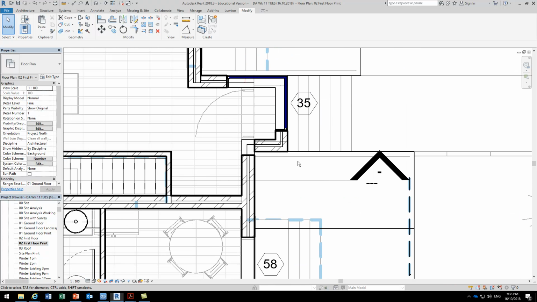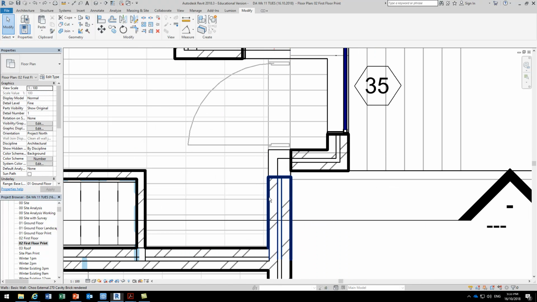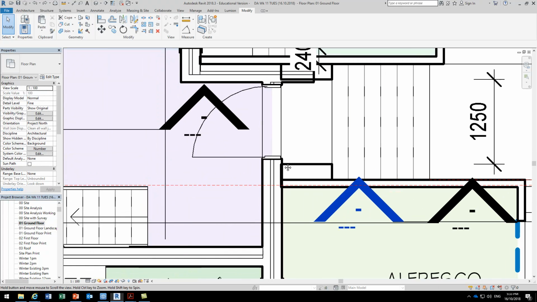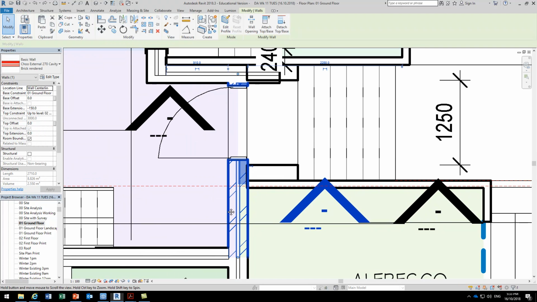Okay, so I just want to go over an issue, or a way of resolving this issue, that we've got with these walls not joining properly on the first floor, because that wall on the ground floor is different. You can see there that the wall obviously used to go from this corner here all the way across to the other side of that entry. So it's obviously just a straight wall, but then on the level above